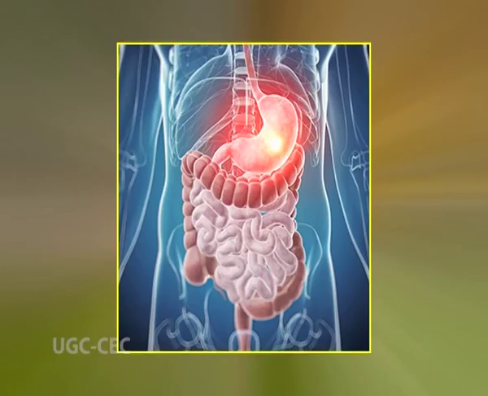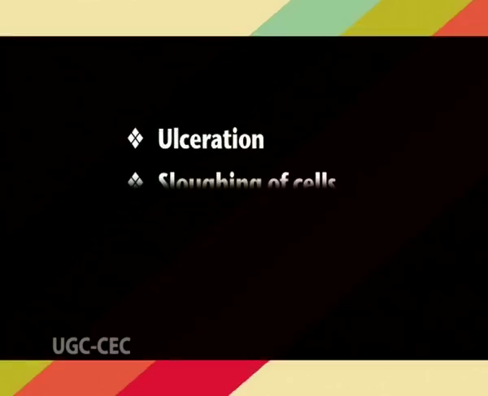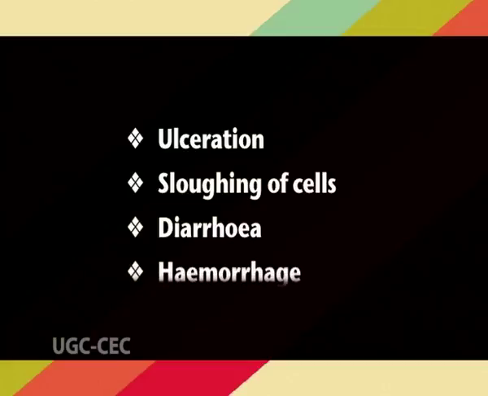The gastrointestinal epithelium, which includes the epithelium covering the stomach and intestines, is the most sensitive to the effects of radiation due to the high cell turnover rates. Very large doses to the germinal epithelium of the stomach and intestines damage these cells, rendering them unable to divide and replace older cells. As a result, ulceration, sloughing of cells, diarrhea, and hemorrhage may occur, leading to the gastrointestinal syndrome.